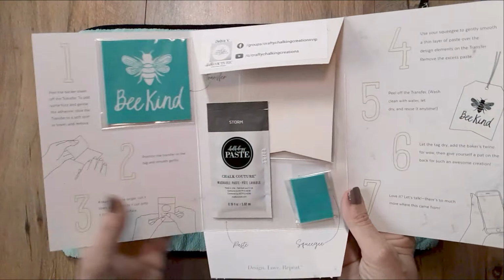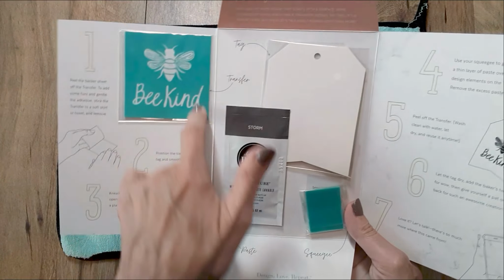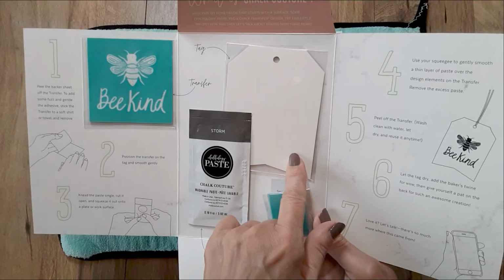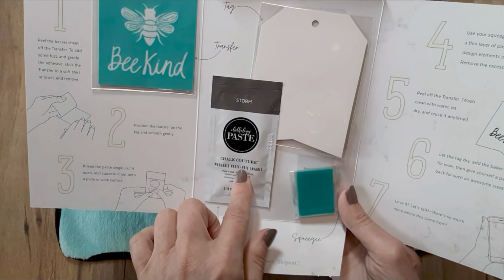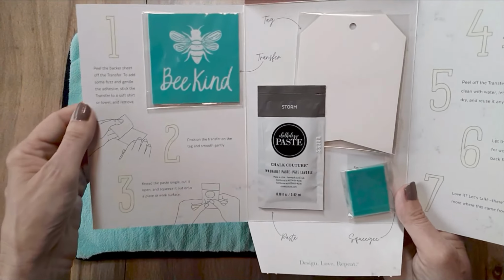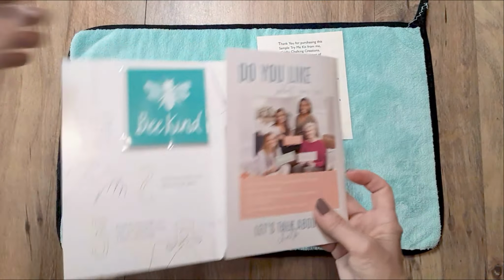In this kit you'll be able to make an adorable gift tag. You receive everything that you need to make that gift tag. You'll get your reusable Be Kind mini transfer, a chalk suede gift tag with the baker's twine, so that way it is an actual functioning gift tag, a packet of paste in Storm Gray, a mini squeegee, as well as the instructions to complete your gift tag project. I will also include a thank you card,